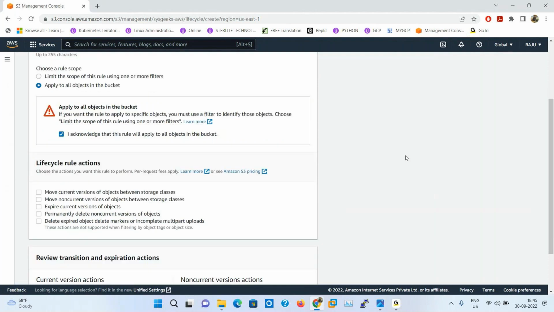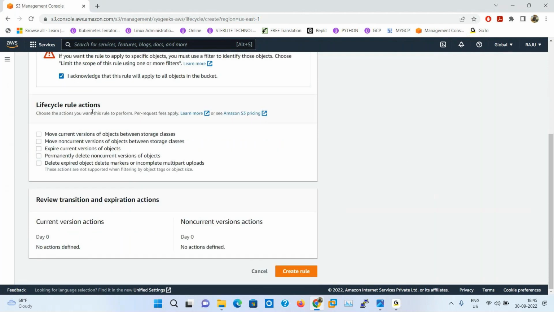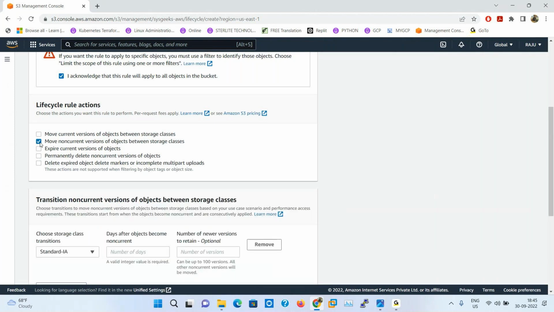Then these are the lifecycle rule actions. Move current versions of objects between storage classes, and move non-current versions of objects between storage classes. Just now I told you about S3 versioning. Old timestamp, new timestamp files are there, but I want to migrate only non-current version objects.